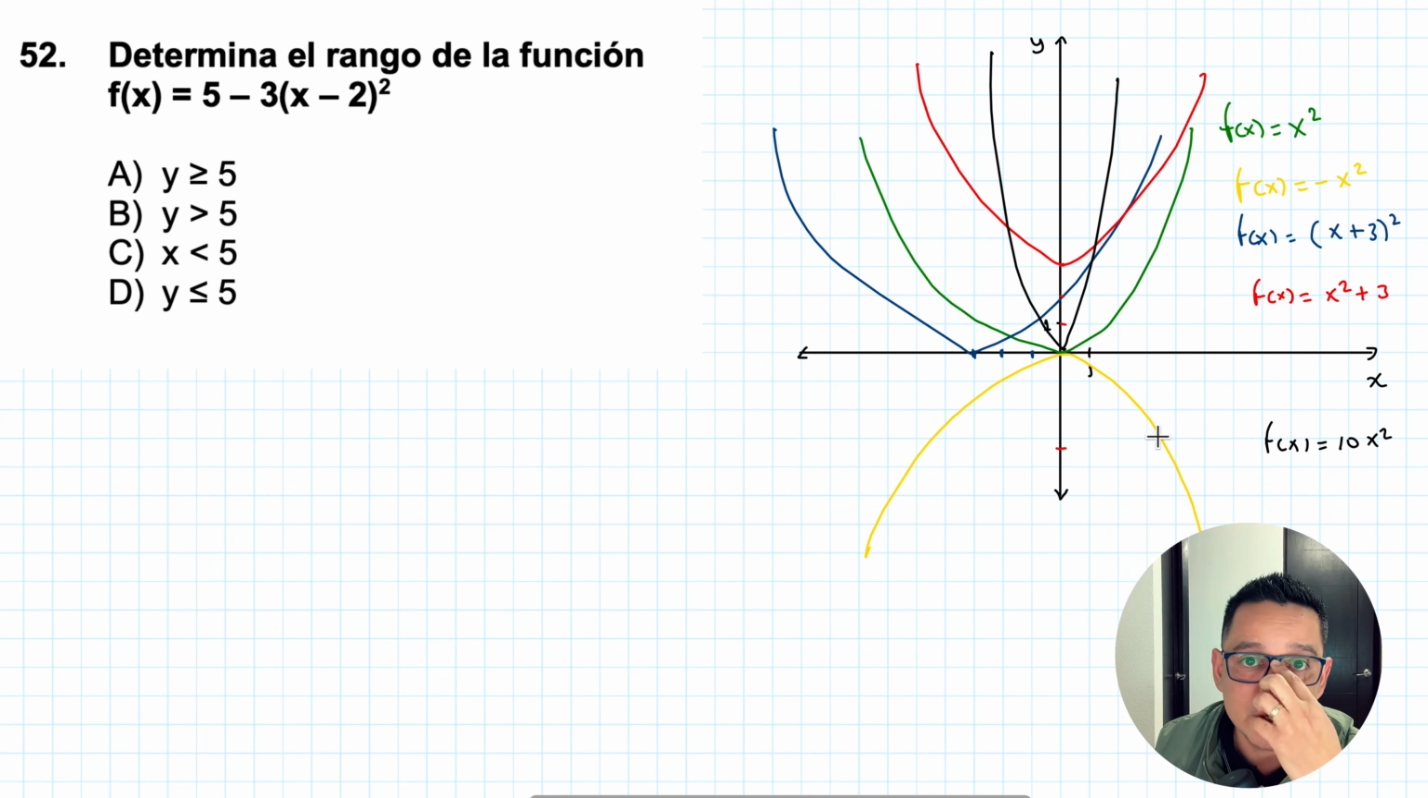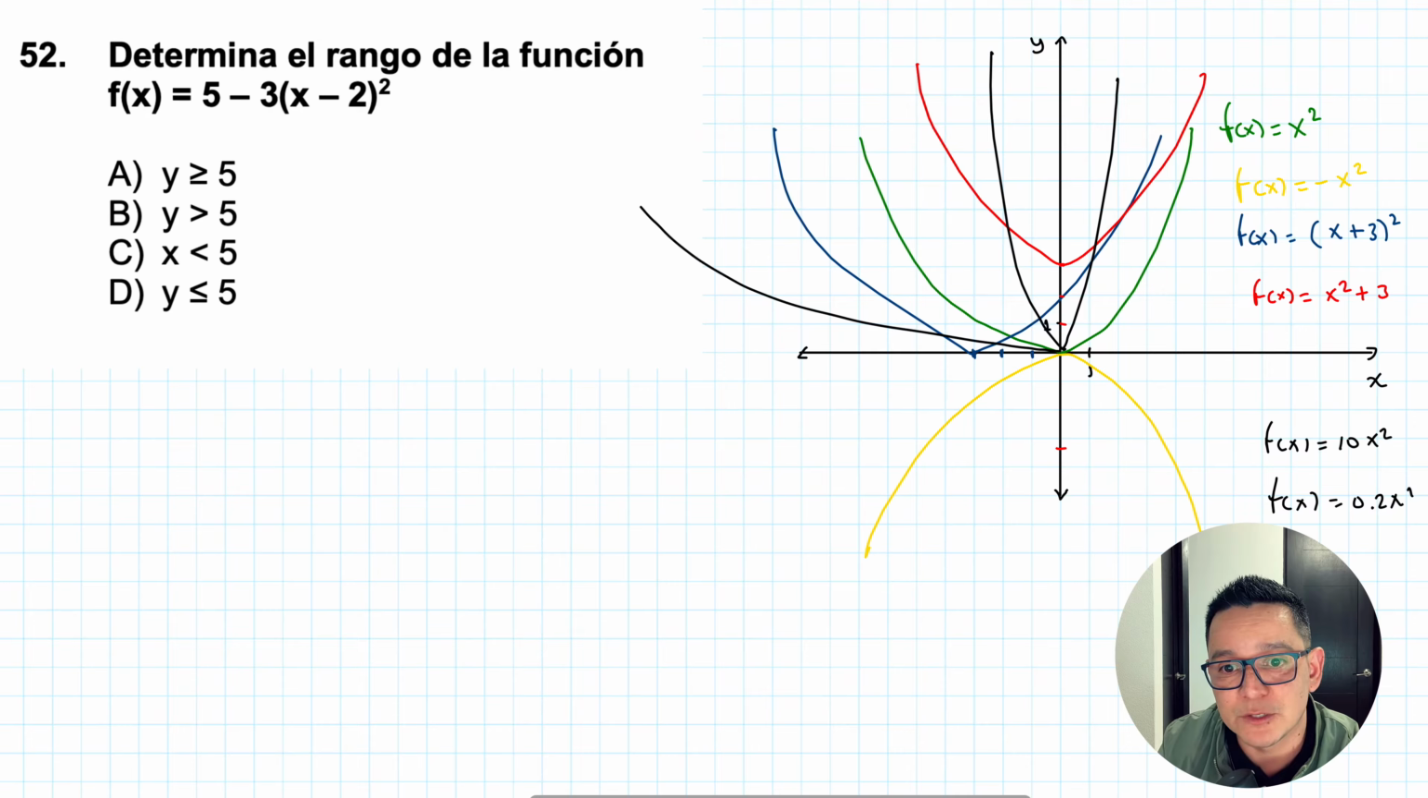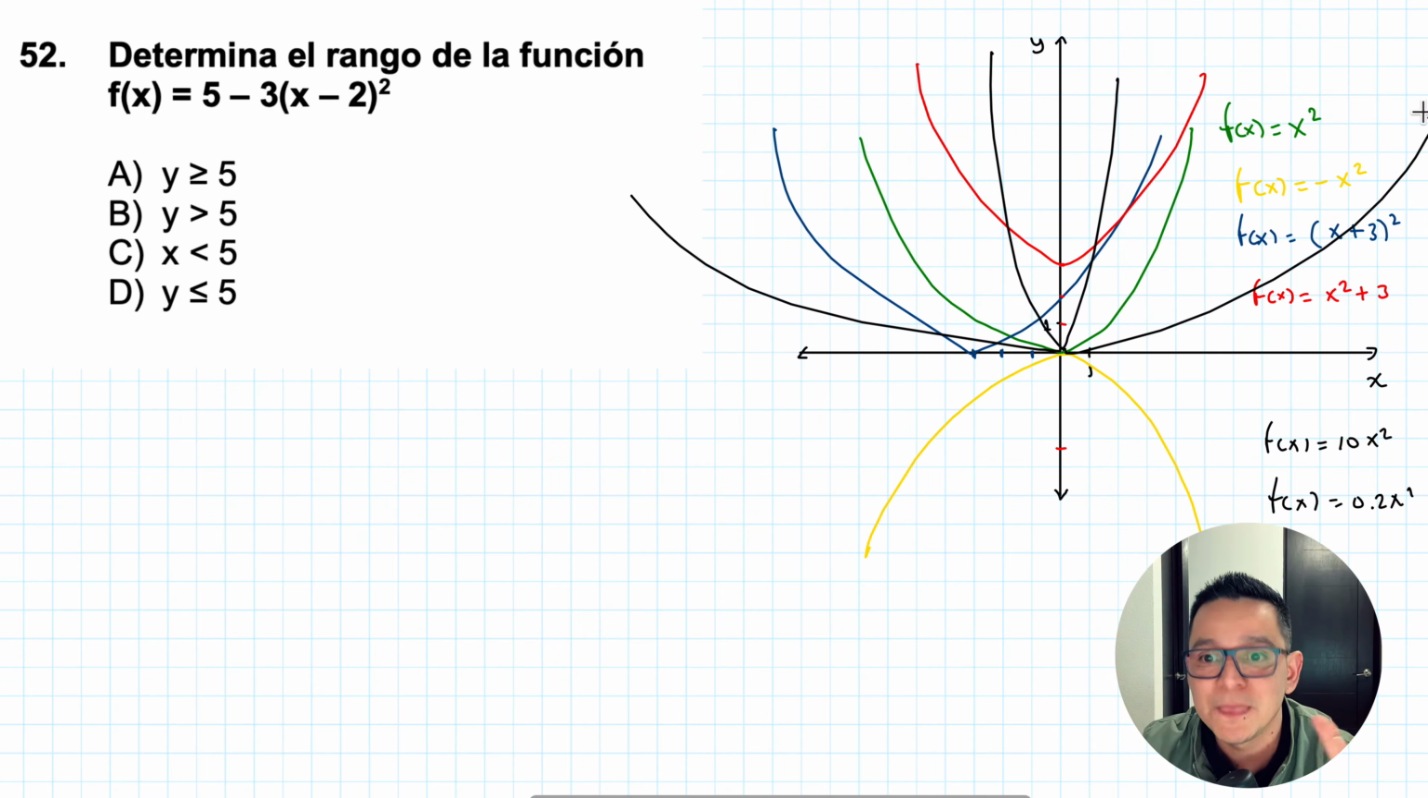What do I mean by that? For example, if it were f of x equals 0.2x squared in this case, this red parabola, the green one would have to be made a bit fatter, meaning it would be stretched. Okay, well,